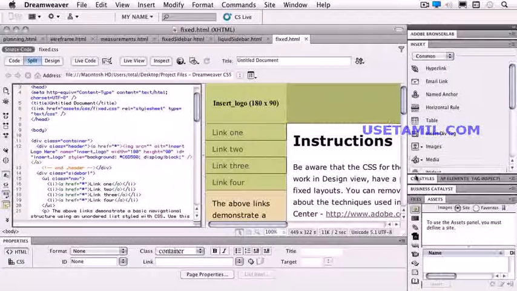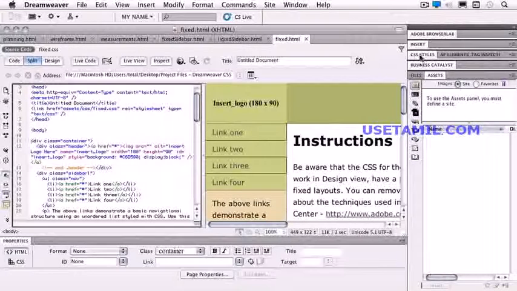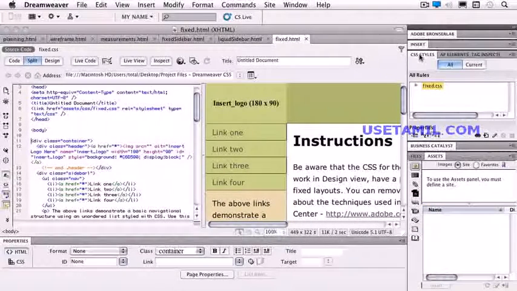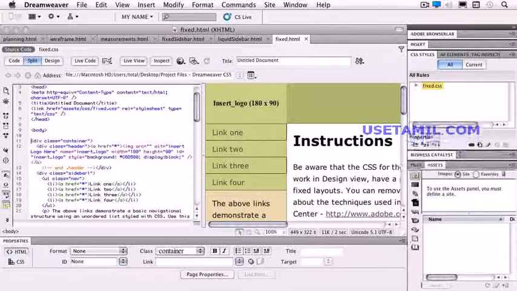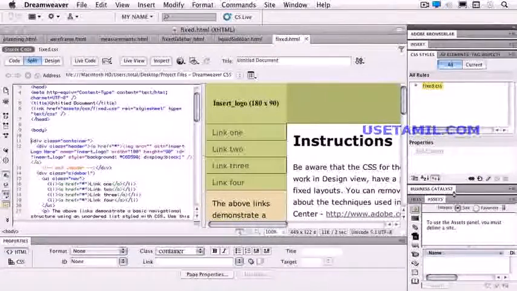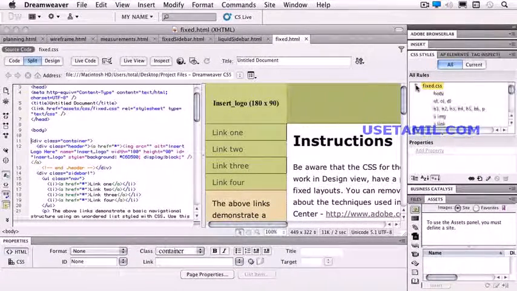Over in my panels, in my CSS panel, I'm going to fold up my insert panel and fold out my CSS panel so I can actually see what that is over here. So now I can see that I have